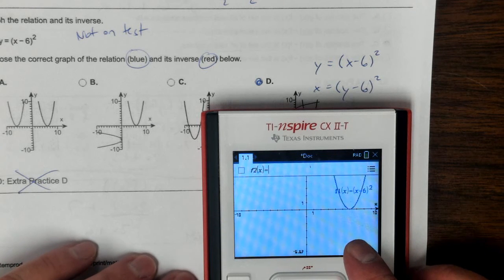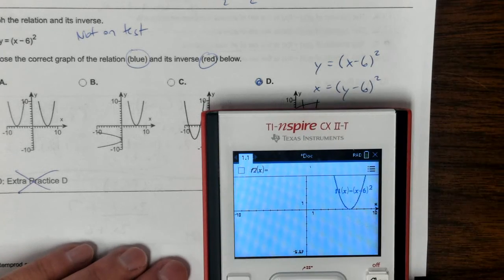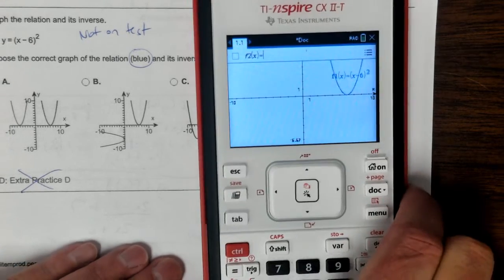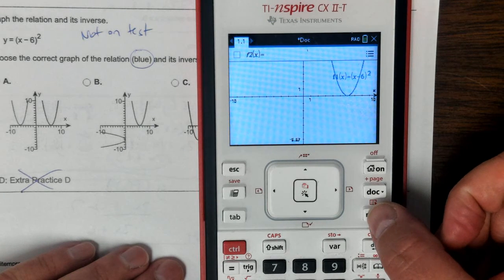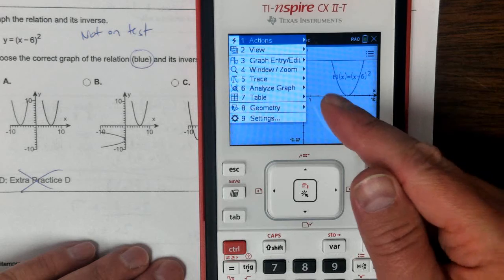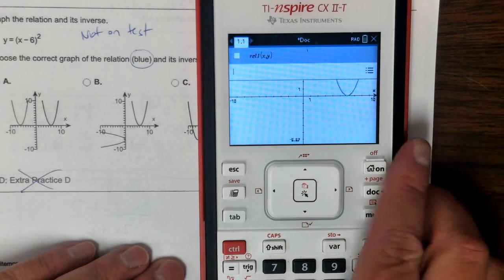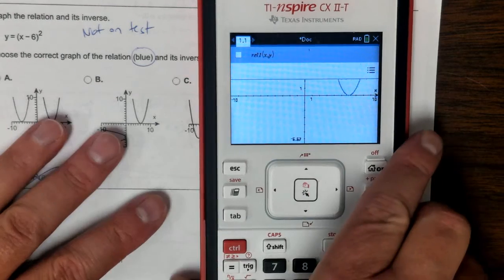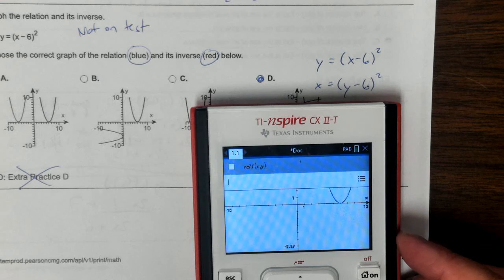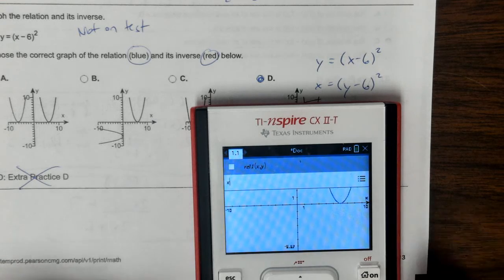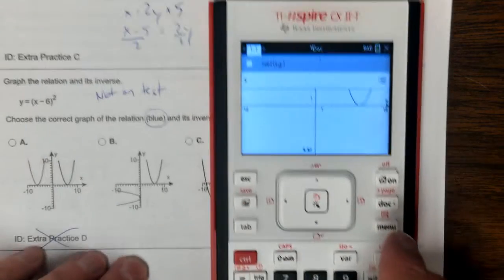When I go to tab, now I'm on F2, but I have it solved for x. So all this chapter we've been talking about relations. So if we go to menu, graph entry edit, and then go to relation, now I can do whatever I want. And what I want is x equals,